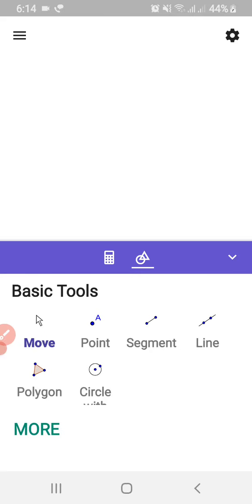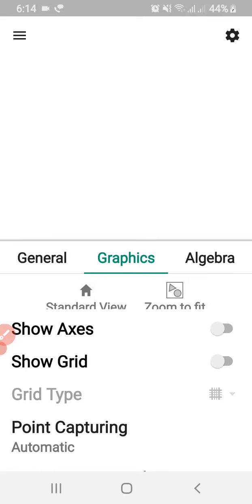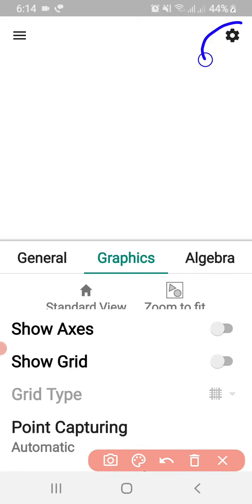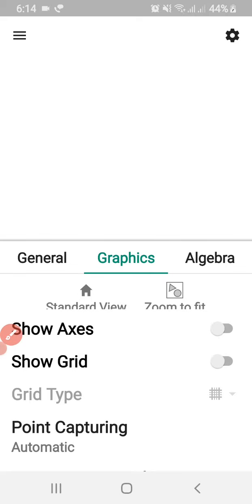Okay, so first of all, we will go to this settings. You can see where these settings are. I'm talking about this. This is the setting. So click on this, and when you click on this you will see there is an option, show axis.